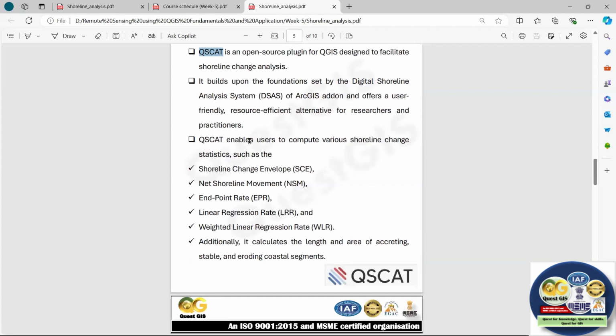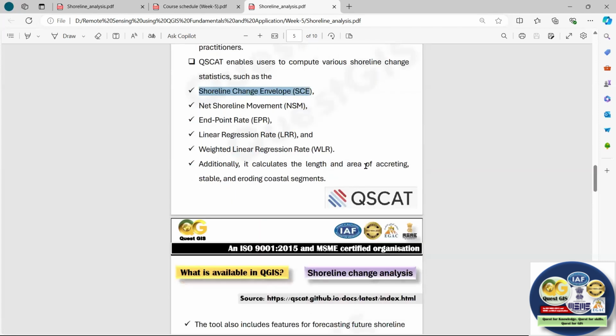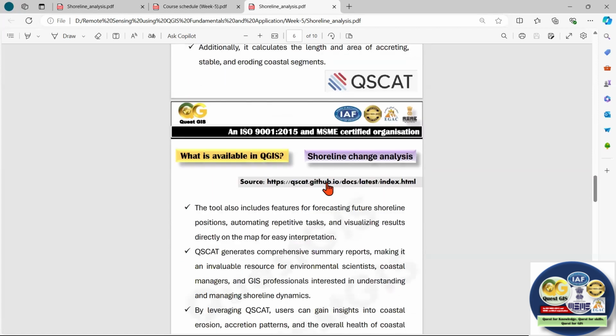With QSCAT, users can compute shoreline change statistics such as shoreline change envelope. We will see what these exactly are. Additionally, it also calculates the length and area of accreting, stable, and eroding coastal segments. This is the link where you can go directly and check their manual. Even after this training, you can go there and have a look at how exactly it works and how it was developed. Maybe in future, if you work as a developer, you can also contribute to these free